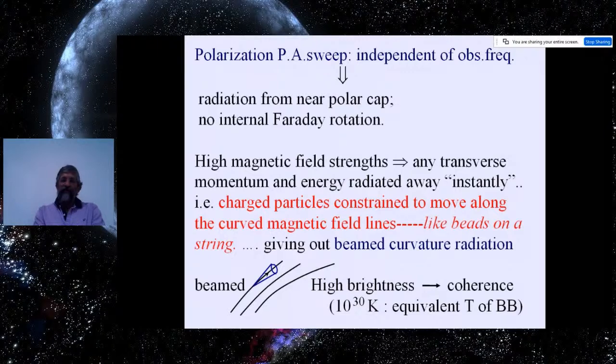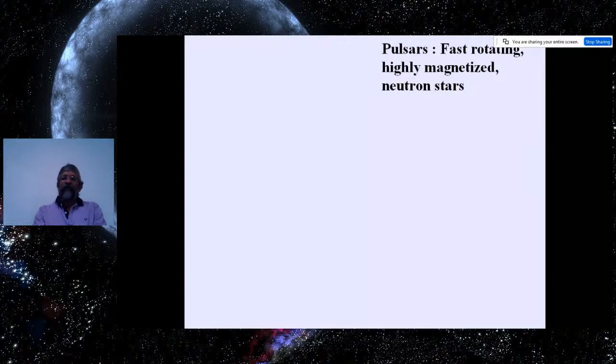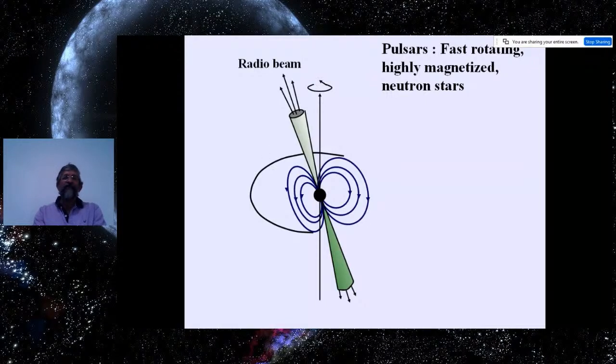You know that there is a limit of 10 to the 12 Kelvin for incoherent radiation. If it increases beyond that, some internal processes, absorption and so on, take over to regulate it to that level. And so it is clear that there must be a coherent process involved in producing this radiation. So it is clear, regardless of whether we understand the details of the radiation mechanism, that we are looking at fast rotating, highly magnetized neutron stars with a well-defined rotation axis and an arbitrarily inclined magnetic axis, wherein